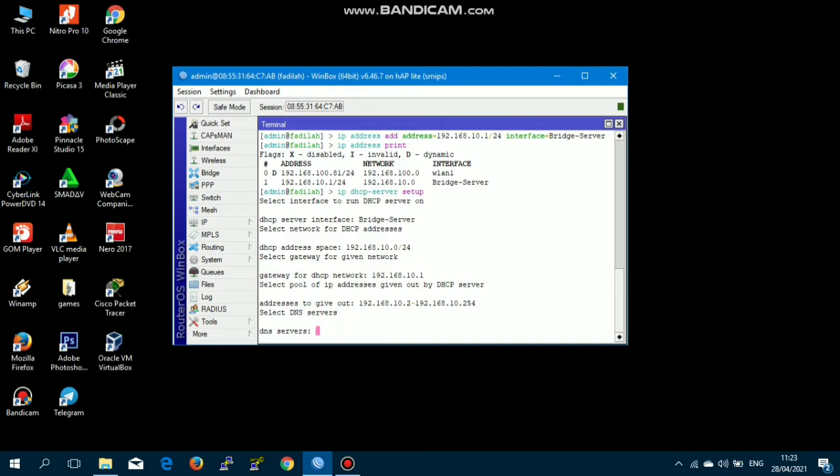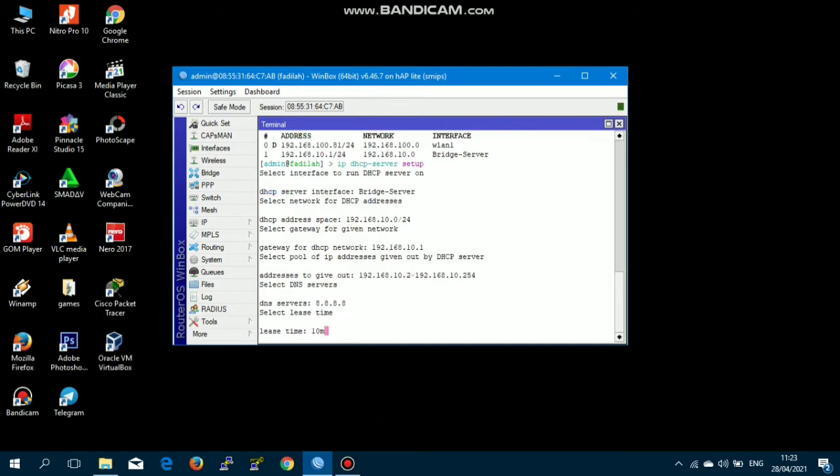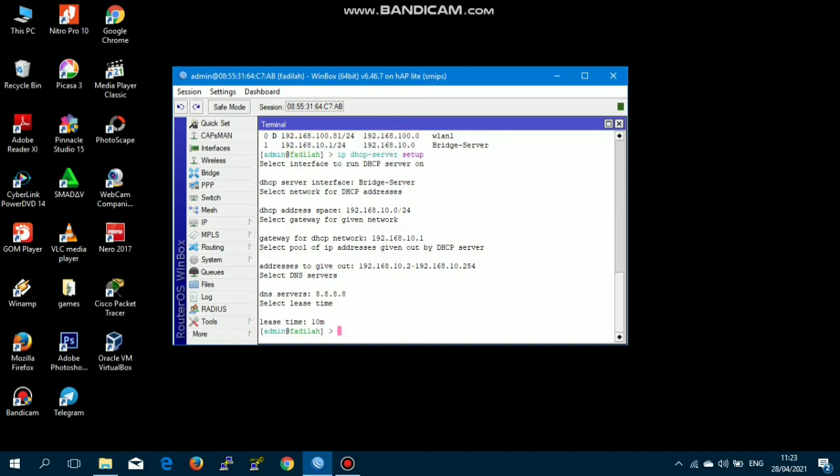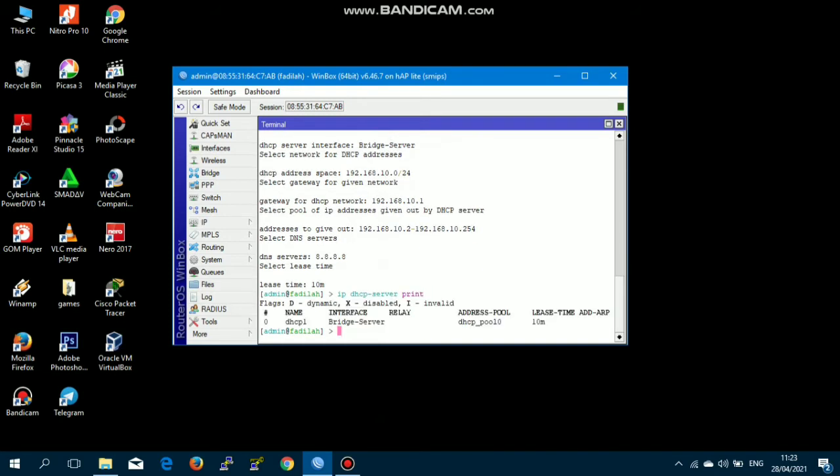For the DNS server, I use 8.8.8.8, and for the lease time I use 10 minutes. Check the results of the DHCP server configuration with the command IP DHCP server print. We can see here that we have successfully created a DHCP server for the bridge server interface.